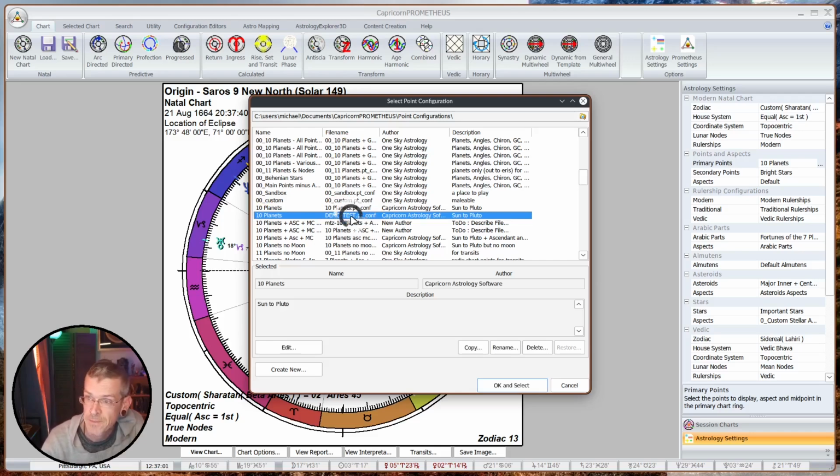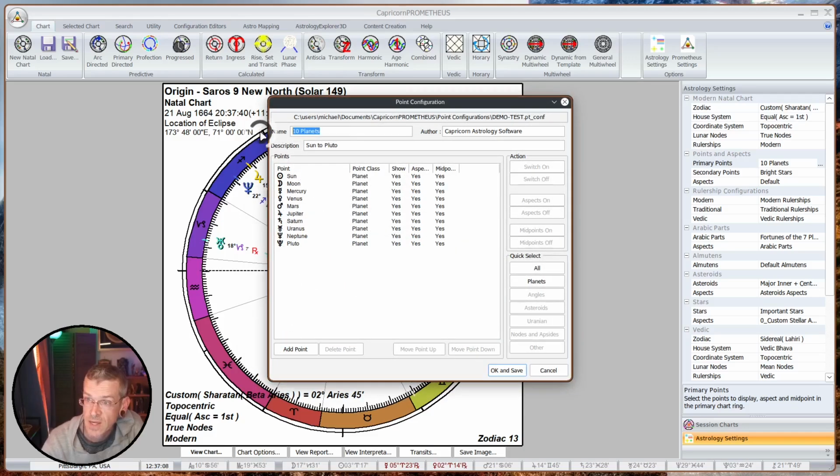Once I select that, I am going to edit it. You see what we're doing here? Now I can take this and say it's my demo test, and I'm going to claim authorship of this so I can find it and know that it's one of my own configs. We'll say plus Eris, Vesta, and Galactic Center. And once we have changed the name and author and description, we can go down to the